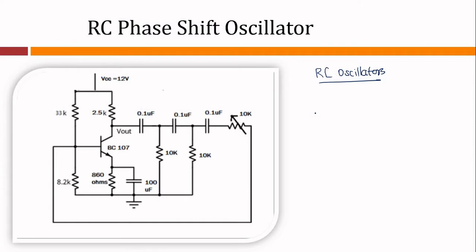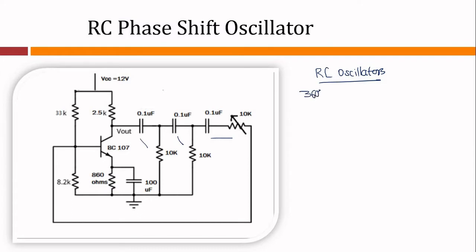The outcome is still going to remain the same, as the sine wave oscillations only occur at the frequency at which the overall phase shift is 360 degrees. So by varying one or more resistors or capacitors in the phase shift network, now this is what we are referring to as a phase shift network. So you have a combination of CR and CR network. As we all know, an oscillator requires a total phase shift of 360 degrees.